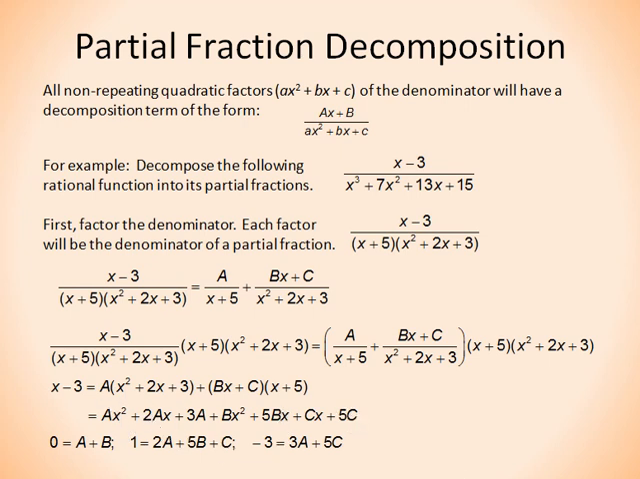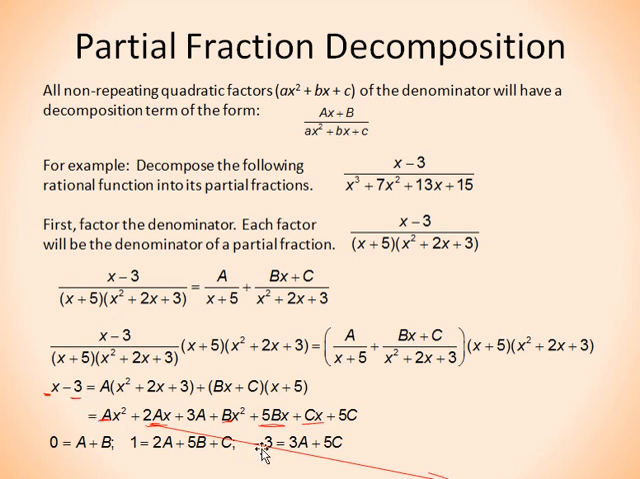And once more, first of all, I have no x squared term over here, or in other words, the coefficient of x squared is 0. And the coefficient of x squared here is A plus B. So I'm going to get 0 is equal to A plus B. The coefficient of x over here is 1. So I'm going to set 1 equal to 2Ax and 5Bx and Cx. Okay, so 1 is equal to 2A plus 5B plus C,